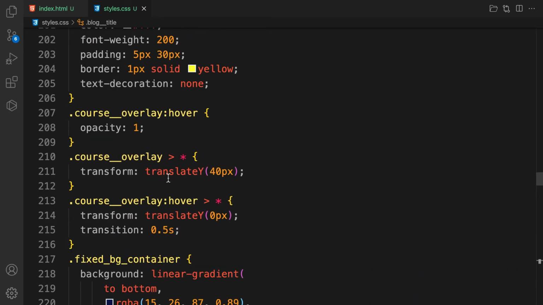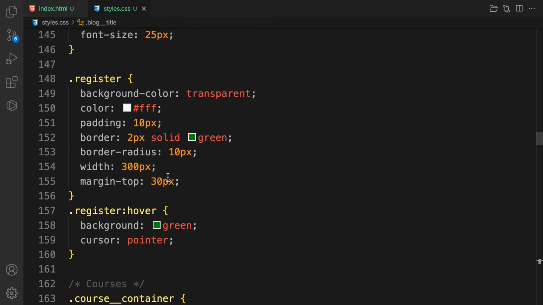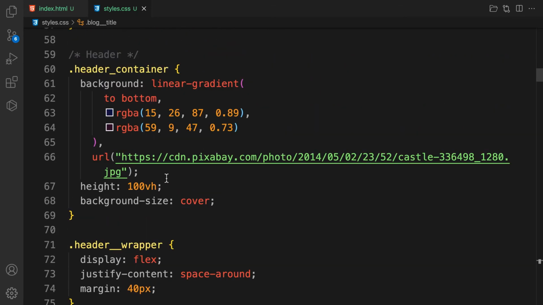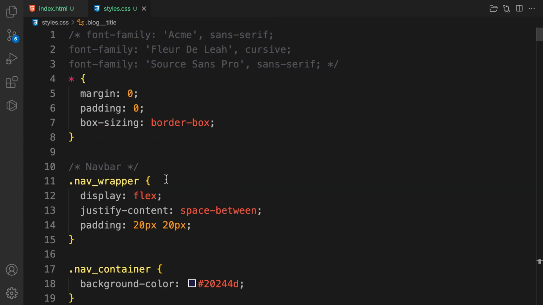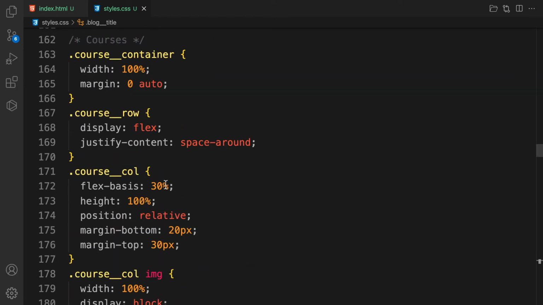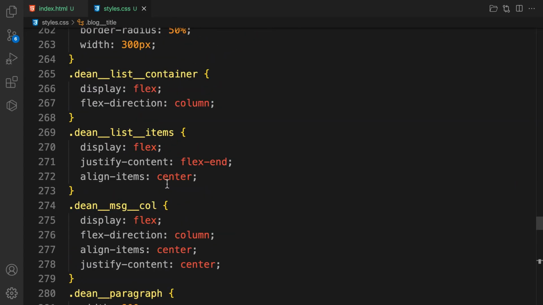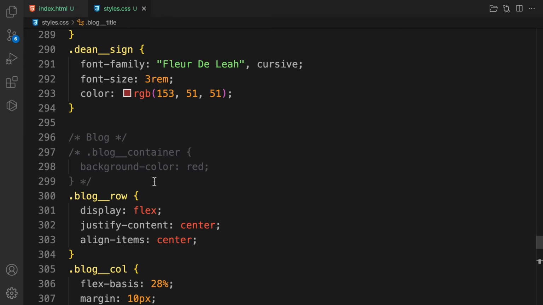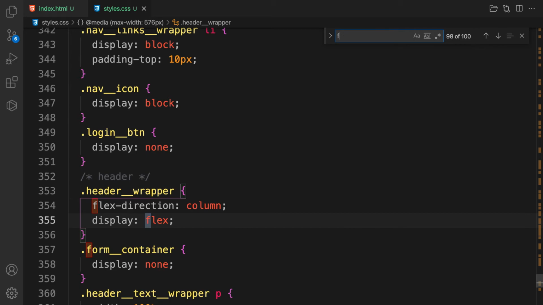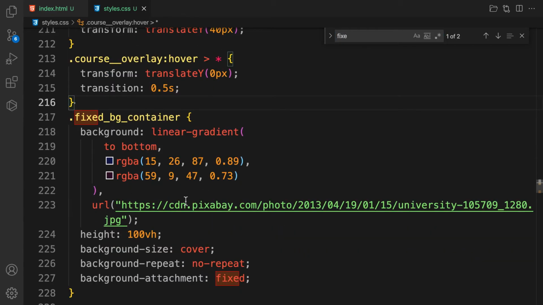Sorry guys, I forgot where it is. Let me search for paragraph here, dim message here. This is the blog media query. Okay, so let's find fixed background here. Oh, as you can see, you quickly find it. So we can copy this one